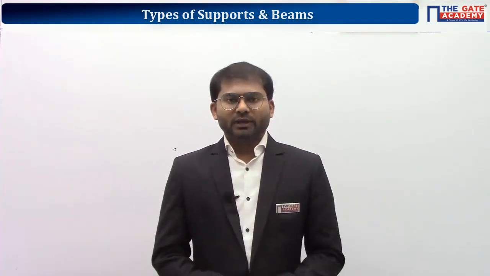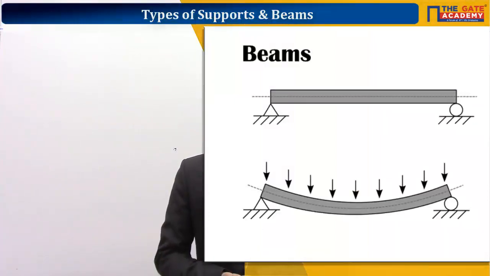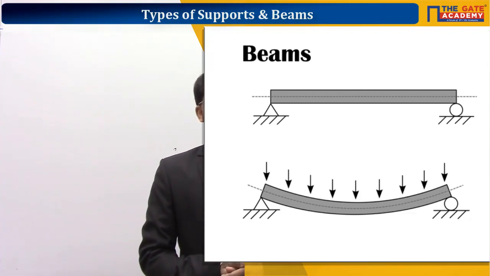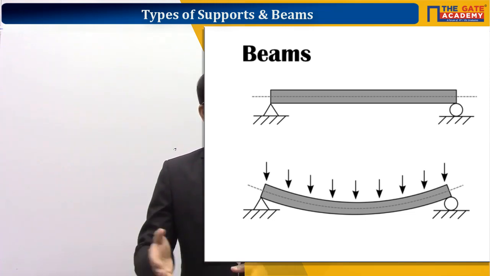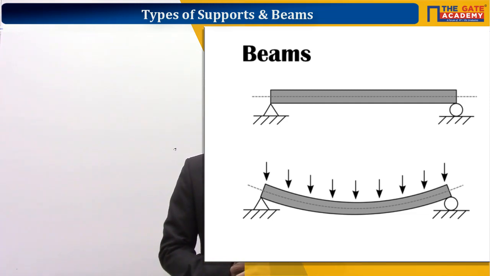Okay, very good. Understand? Now, if you see a member as shown on the secondary screen, this member will undergo bending if a load is applied in this direction, that is perpendicular to the length here. So if you apply a load perpendicular to the length, bending will happen. It's very obvious from the diagram itself. Okay, so we call the direction along which the load is applied the transverse direction, and the perpendicular direction, the direction along which the length is there, especially, as the longitudinal direction.